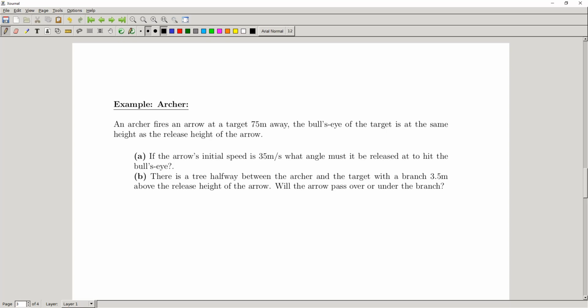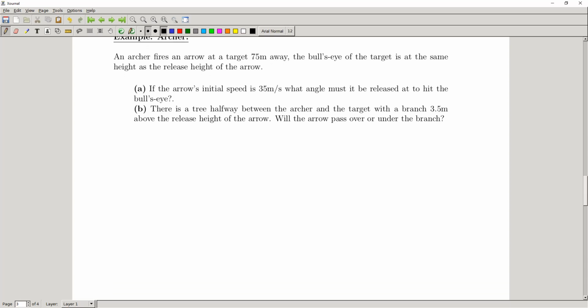An archer fires an arrow at a target that's 75 meters away. The bullseye of the target is at the same height as the release height of the arrow. Okay, so before we actually get into any of the problem solving, let's draw out what we have here. Okay, so our solution,